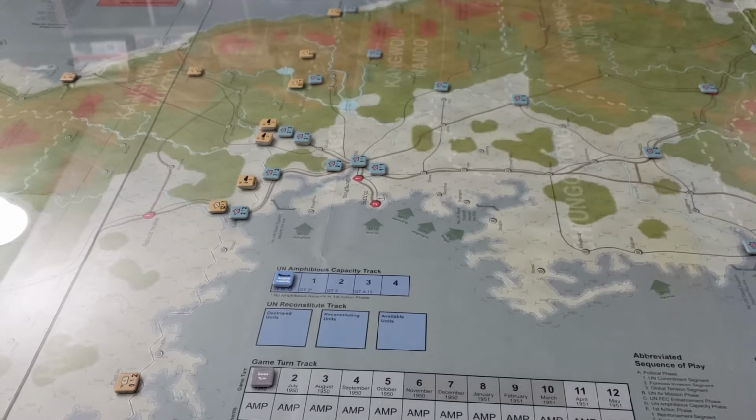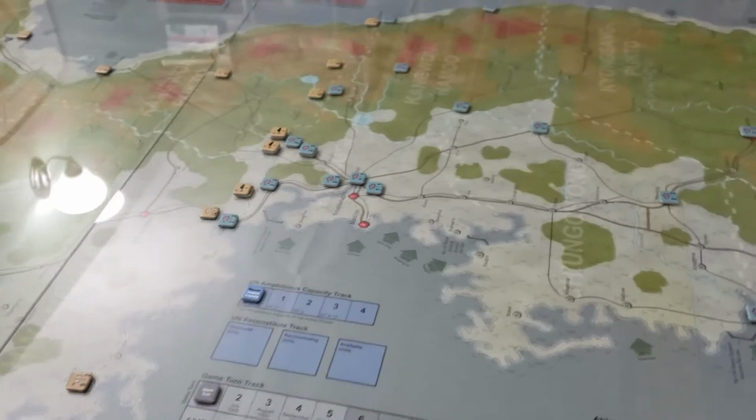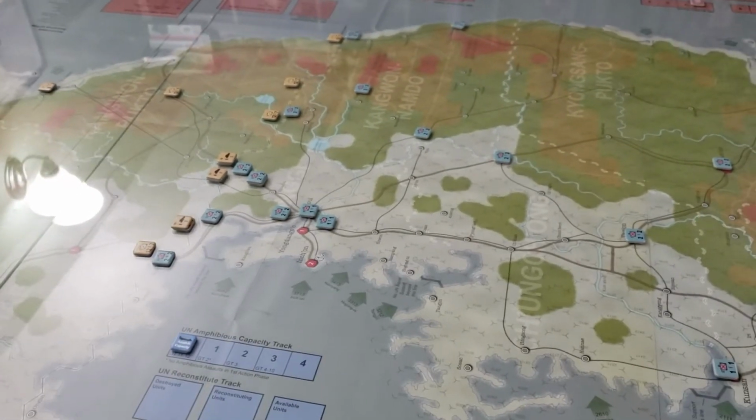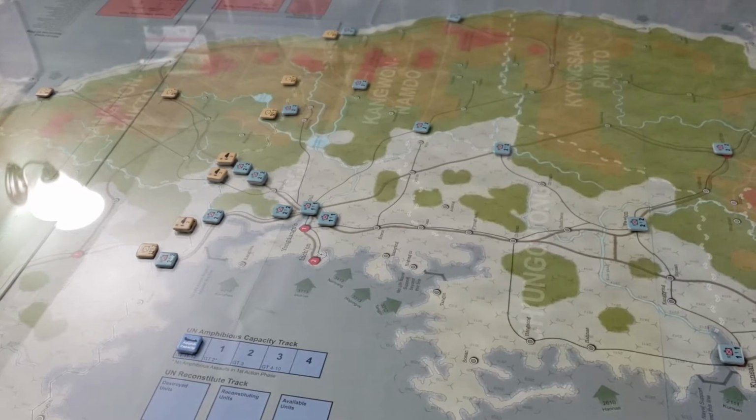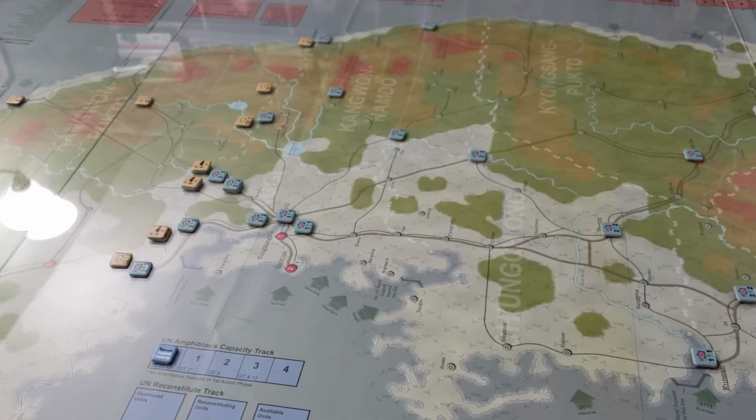Okay, yeah. So I think with all of that, we're going to be able to get started here. And because this is the very first turn, we're just going to start right with the operations segment. Then we're going to look to make that roll. So when we do this,